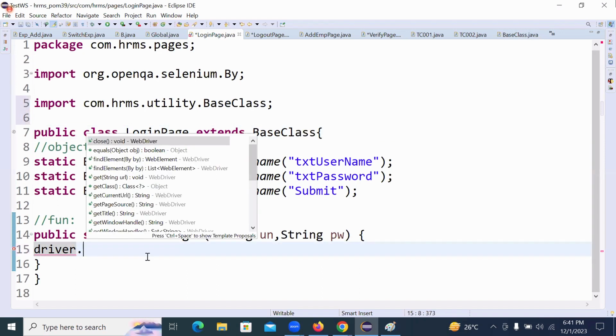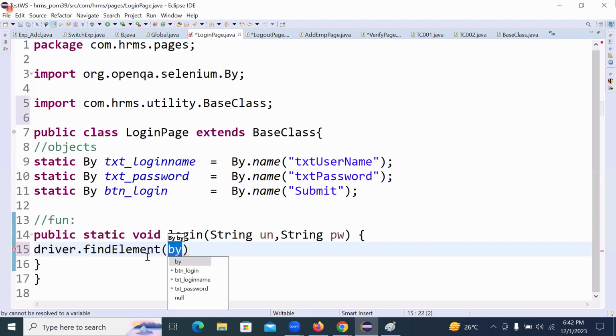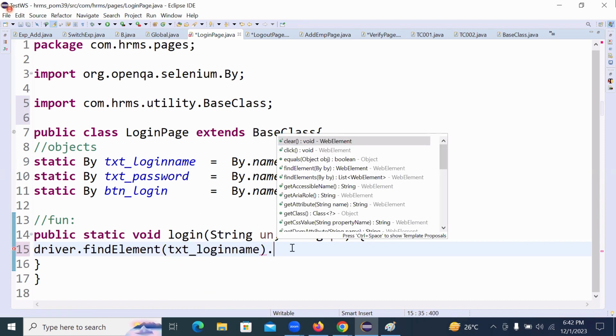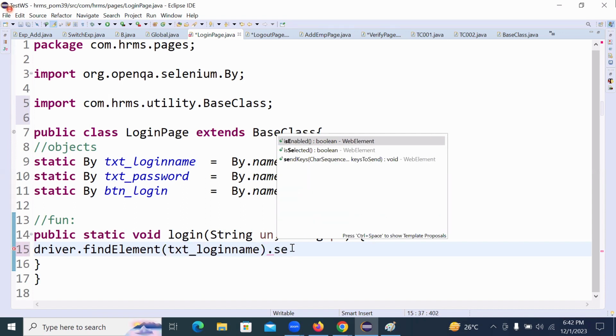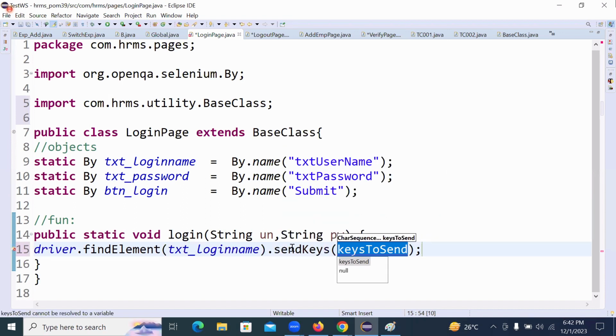Now we can see here: driver dot, we got find element. By dot, we have already defined it. Because of the framework, we are maintaining the objects in one part and the methods in a different part. Whenever required, we can access or call it in the statement. Because of that, we define this by login name dot, what is it? Sendkeys of